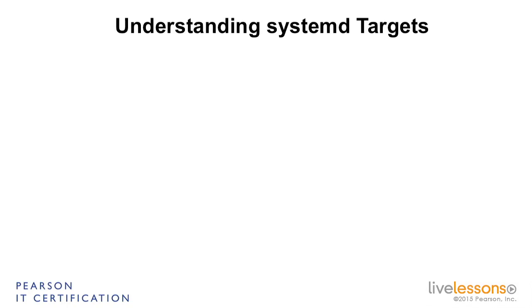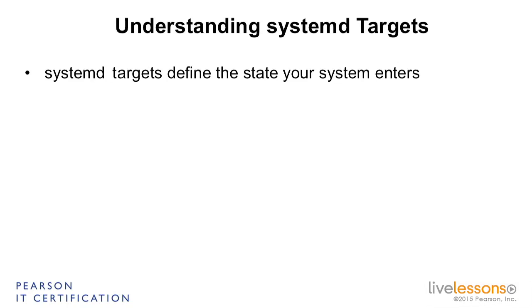So we have talked about the systemd unit files. The unit files is basically everything that can be started by systemd. A specific type of unit file is a systemd target. So let's try to understand what systemd targets are doing. So systemd targets define the state your system enters. Basically, a systemd target is a collection of unit files that belong together and that are used to enter a